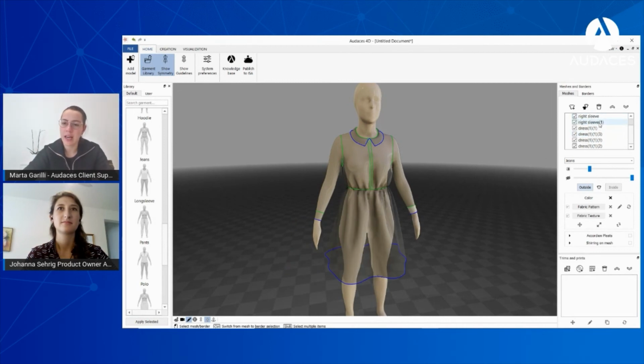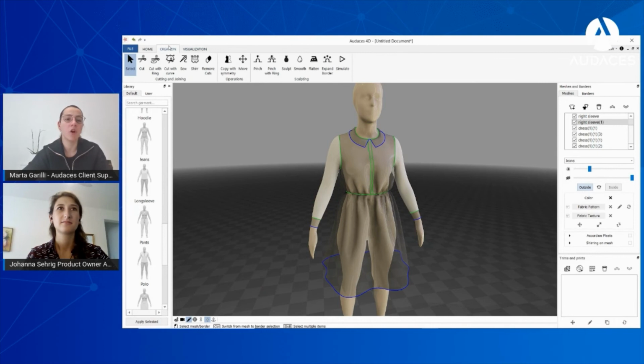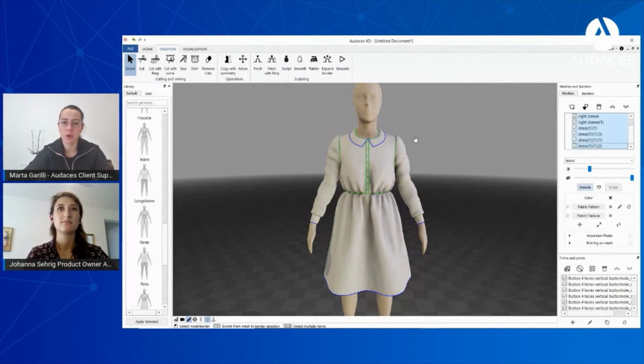Here I will select. Oh, sorry. Before doing this, I will select the sleeves and I will add some volume even to them. So I will go in simulate, inflation, and I will add some volume here to create some shearing effect even on the sleeves. Now that the sleeves are sheared, I will click on the first piece, and then clicking the shift, I will click on the last one to select all the pieces, and then we'll start to see some